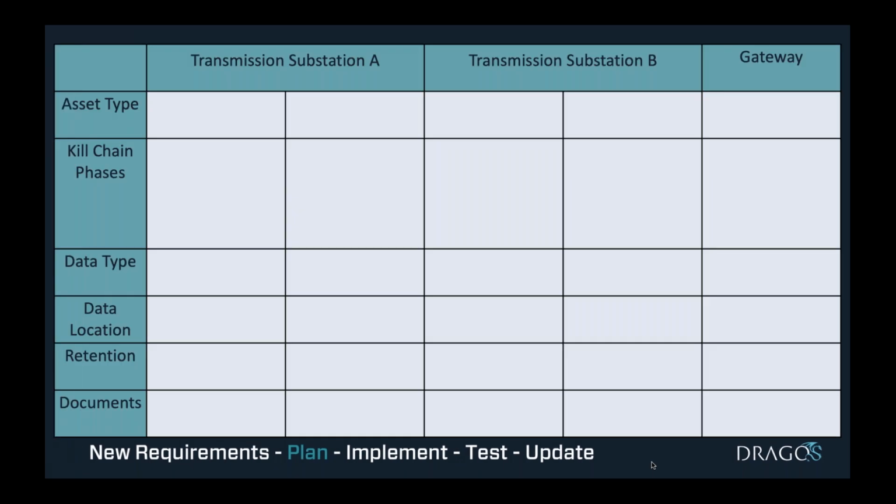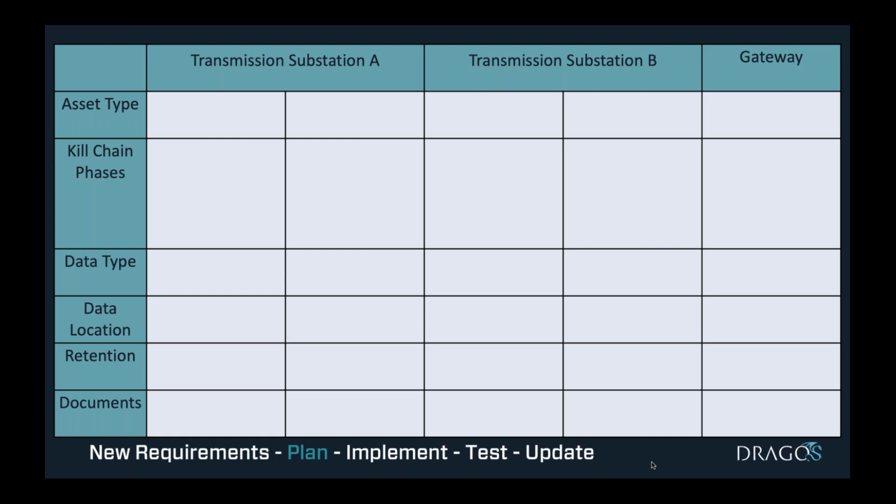We'll start with probably the most common analytic tool to most analysts, and that is a spreadsheet. It's kind of like a default that a lot of people go back to. In this case, we've set up a scenario where we have created a very simple CMF. We've categorized the columns by location, two transmission substations, and then a border gateway. And on the left side, for rows, we've identified asset type, in this case kill chain phase, data type, and